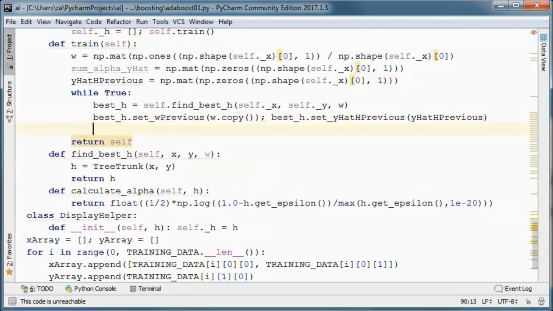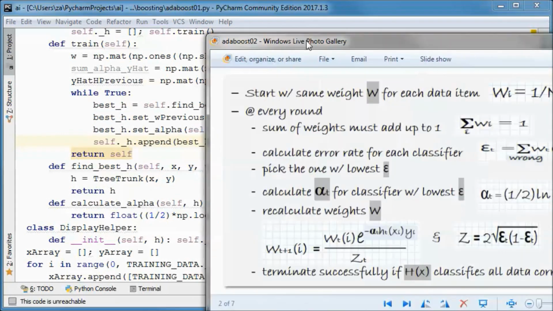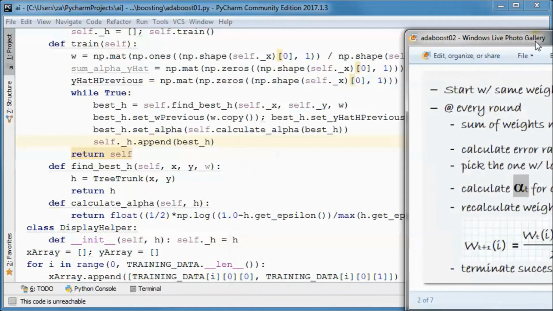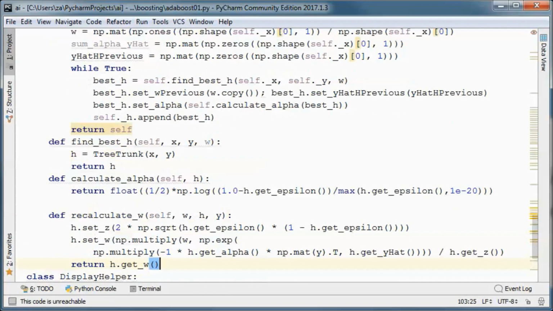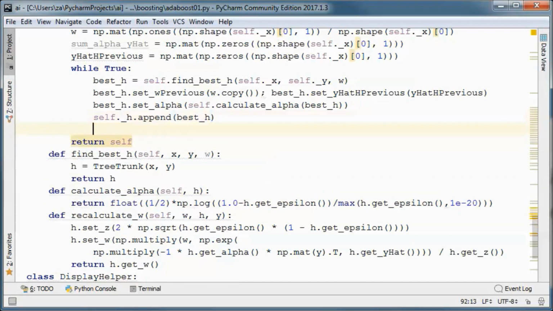And we will call that method from here and add this best weak classifier to the array of weak classifiers. And we need a method that recalculates W according to this formula with this Z. And we will call this method from here.